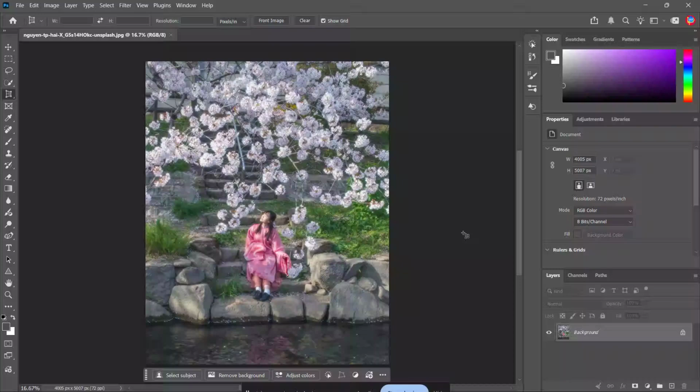In this video, I'm going to show you how to use adjustment presets in Photoshop, how to preview them on your image, how to customize them, and how to create your own custom presets for faster editing here. This is a super helpful feature if you want to speed up your workflow, improve your photos quickly, and keep